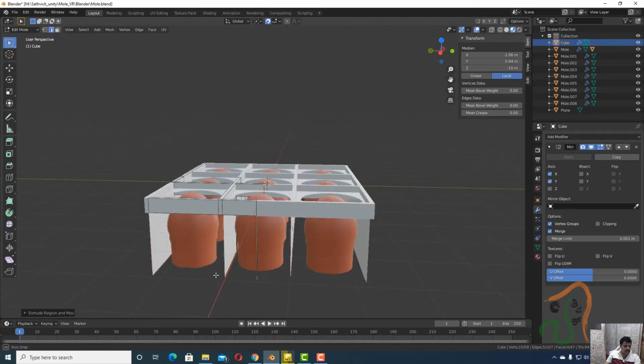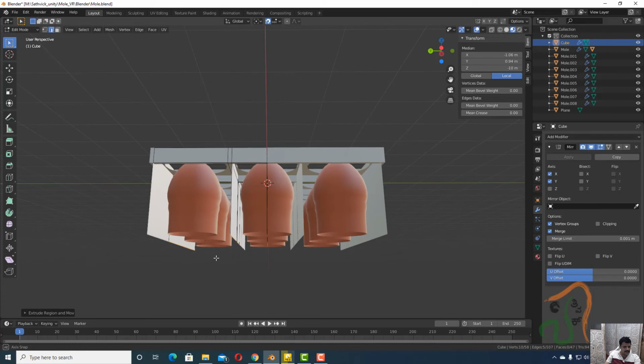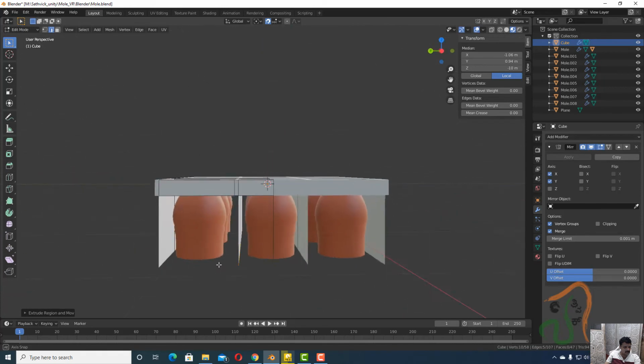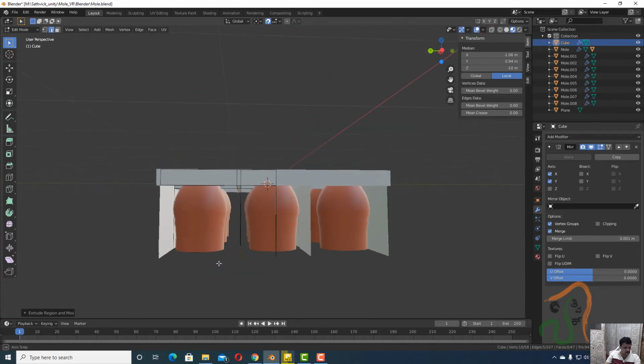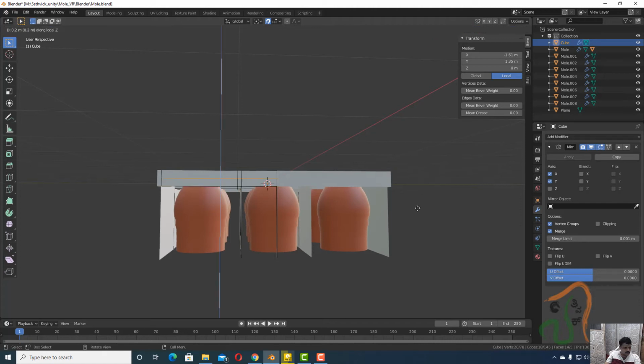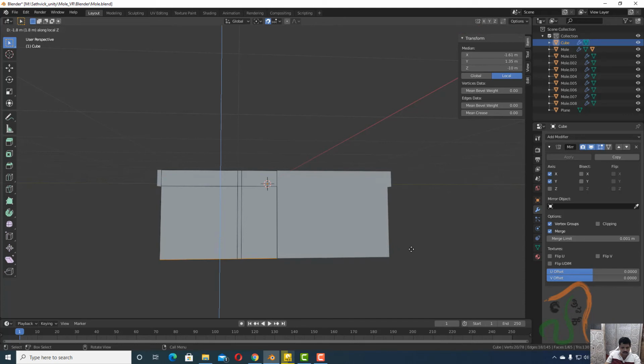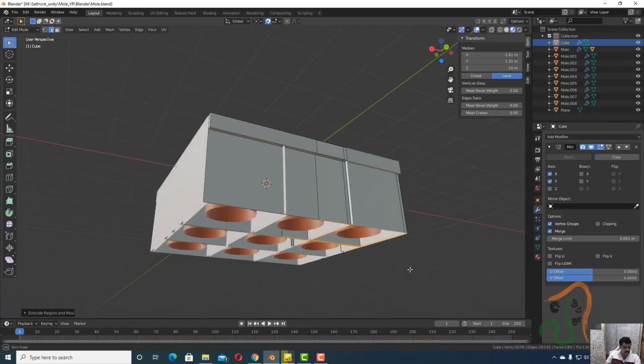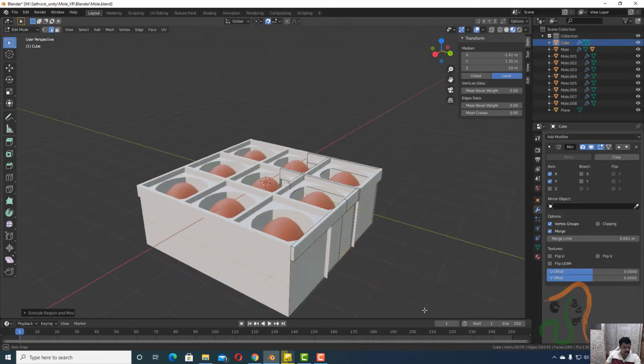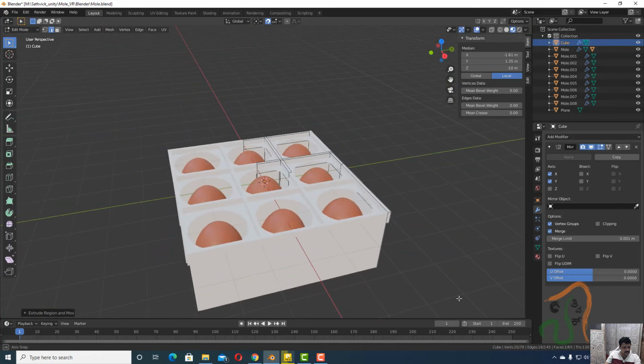So now you can see we have an edge like this, and if required, this side also we want to cover. So you can just drag the edges here, and then select the edges, press E and also Z and drag this down. Okay, and let us snap it here. So we have some kind of cover, and within this cover this is placed.